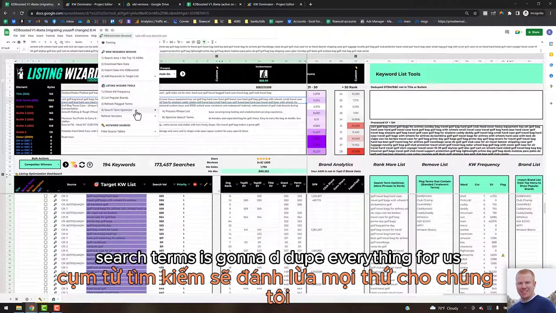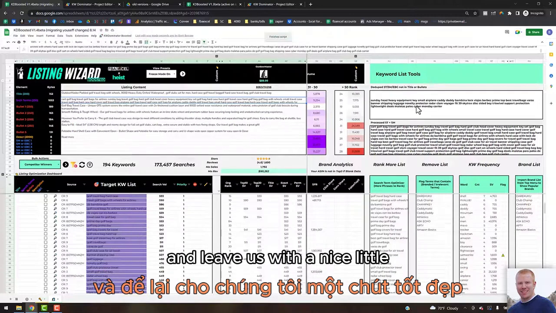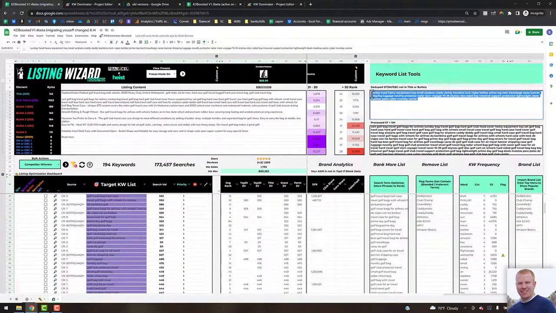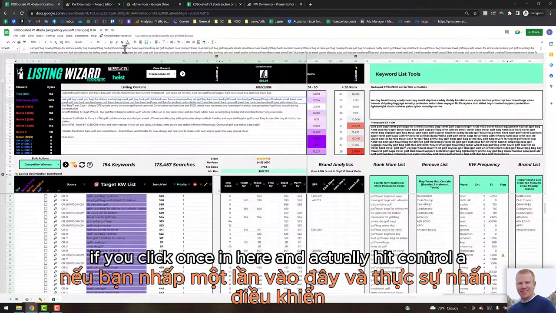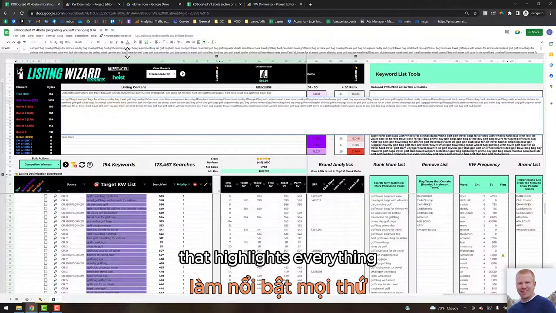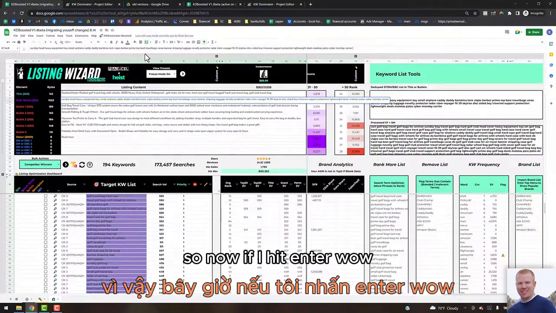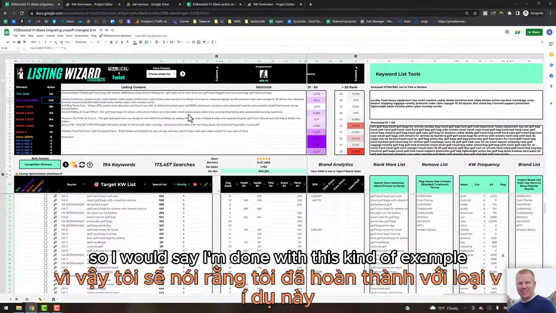So what I'm going to do now is just come up here and actually hit the right button, optimize search terms. And this is going to dedupe everything for us and leave us with a nice little list here that we can just copy. And same deal, I'm going to now overwrite this. So if you click once in here and hit Control-A, that highlights everything, and hit Control-V, that pastes everything. So now if I hit enter, wow, I did not plan that, but 249 is very close to 250, so I would say I'm done with this